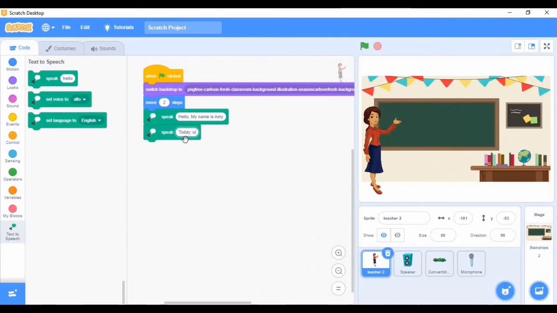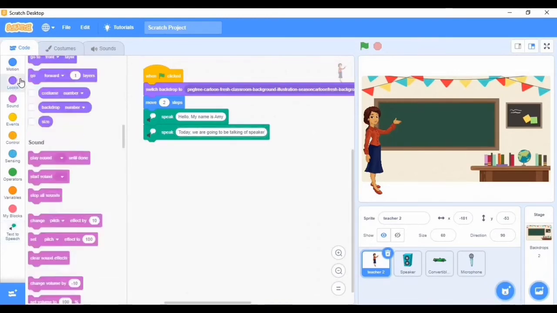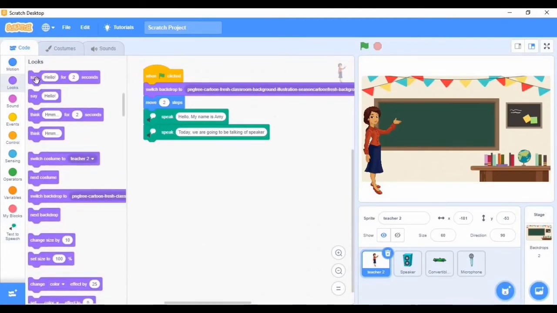Then put a comma, we are going to be talking of speaker. Now after you've done that, we're going to start using this looks stuff. So now I'll bring it here. Here is a new strategy to make our work faster: just click on it and do Ctrl C, that means you're copying it. Now put it here and delete this, Ctrl V, and you can see it automatically puts it. So this is the way to reduce stress in coding and makes it a faster way.